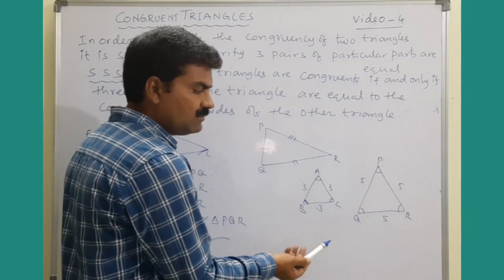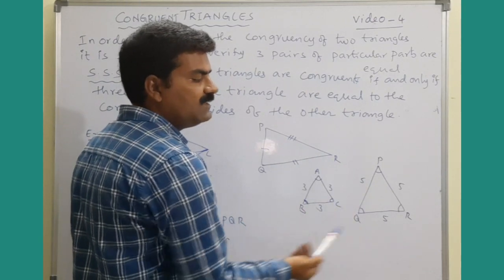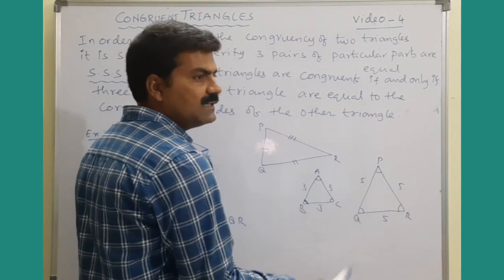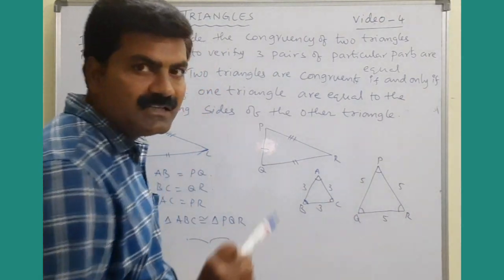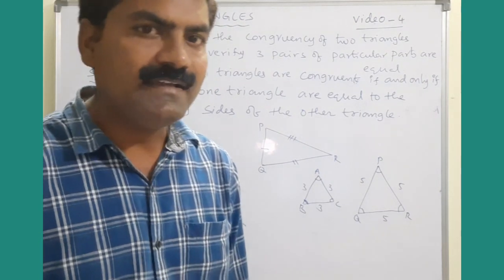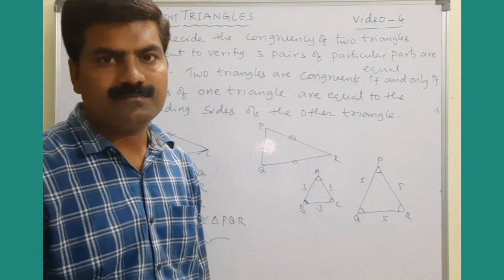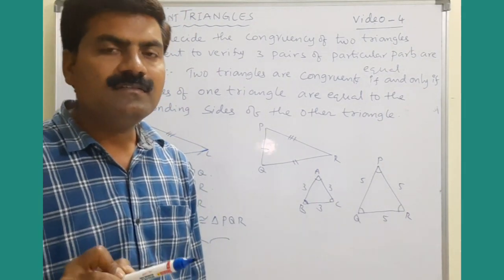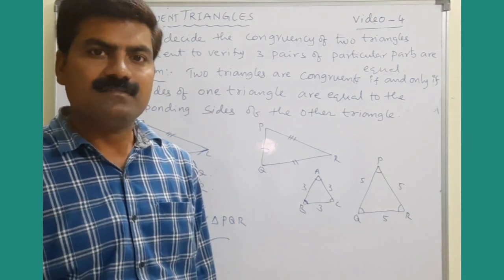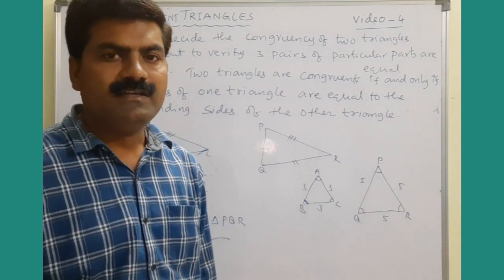Suppose here, can you say, are these two congruent triangles? No, because corresponding sides are not equal. Only corresponding angles are equal. And in this case, these two equilateral triangles can be treated as similar triangles only, but not congruent triangles. That's why, although the angles are fixed, we cannot say that the sides are also equal. But if the sides are equal, then the angles can be equal, no doubt. That's why all congruent figures are similar, but every similar figure need not be a congruent figure.